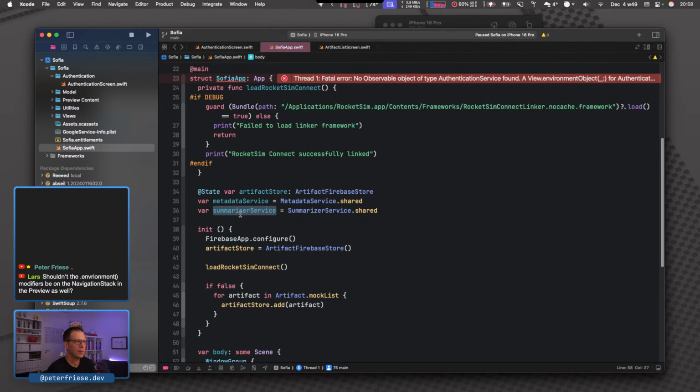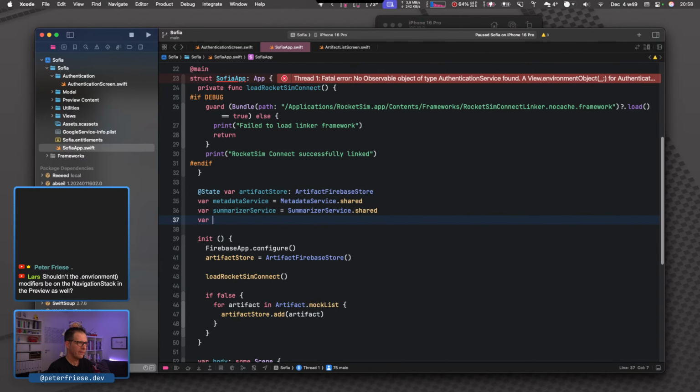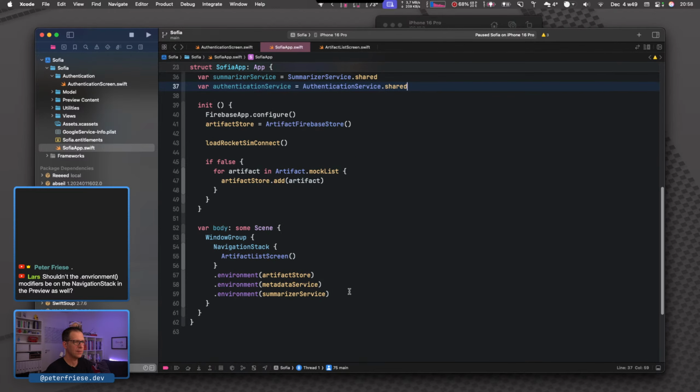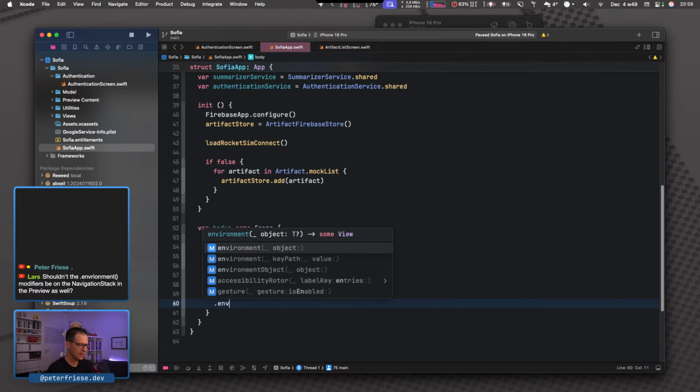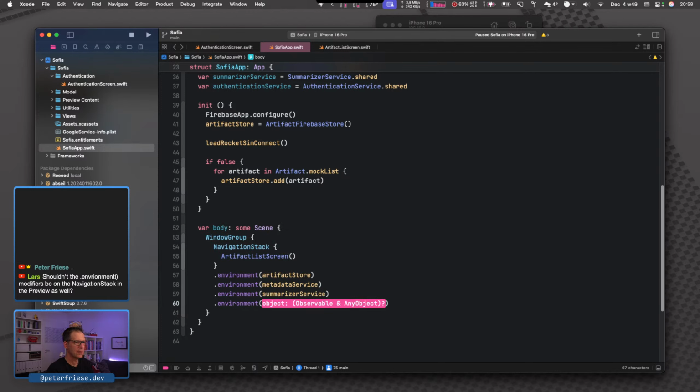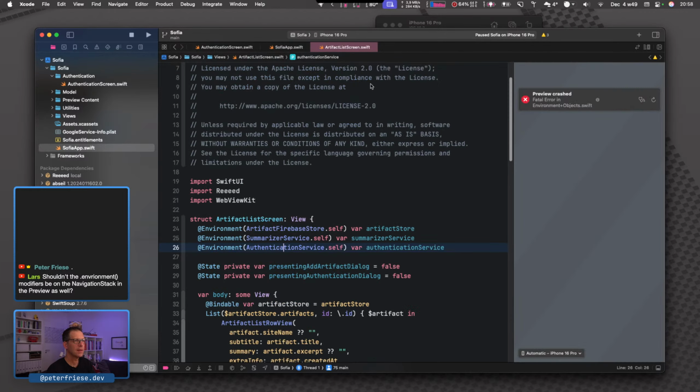And that is what we need to do. So var authentication service is authentication service.shared, and then we can inject it into the environment as authentication service.